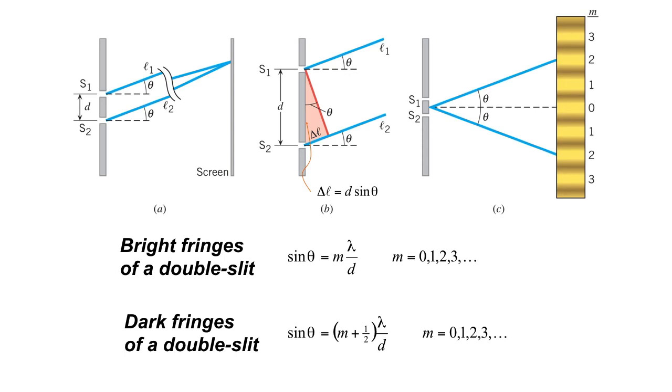Okay, take the sine of that, and then m equals 2, and d I know, so I can get lambda. So you can actually measure the wavelength, and students, you can measure the wavelength in nanometers of a red helium neon laser, just like that. In this class, you could do it in lab. I don't think you're going to do it this week, but they should. And they should have a diffraction lab.